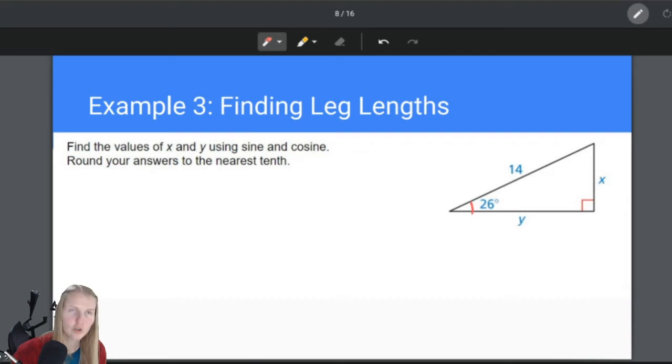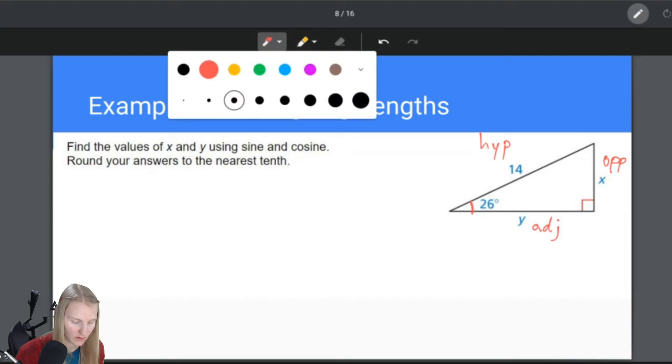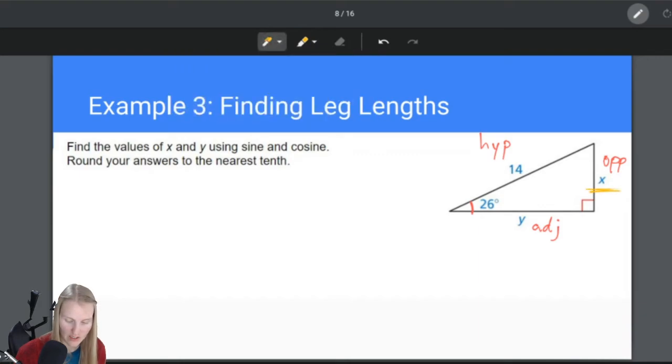Okay, if we're looking at this angle right here, angle 26, that means that this is the opposite, and this is the adjacent, and of course, as always, the side across from the right angle is my hypotenuse. Now if I want to find x, we're going to switch colors here. If I want to find x, I'm dealing with the opposite side here. So which of my